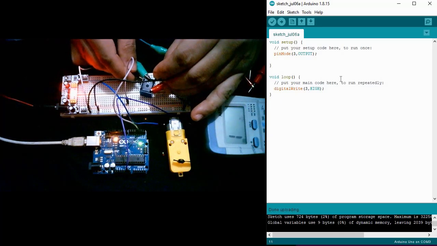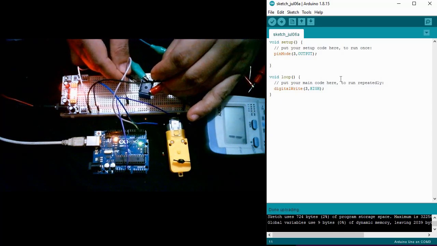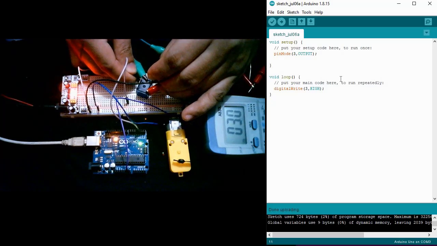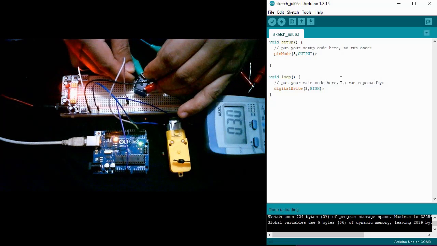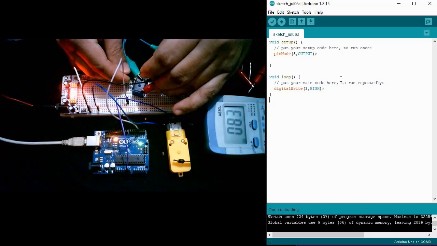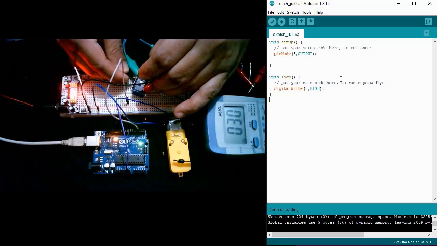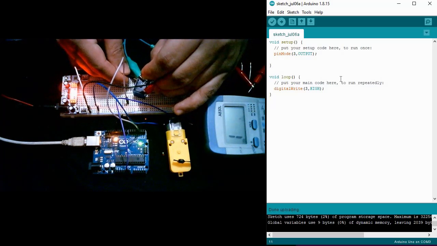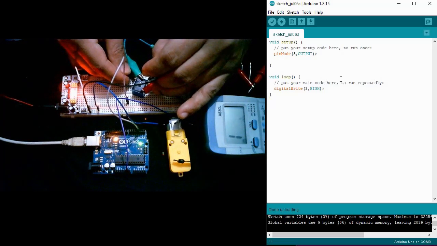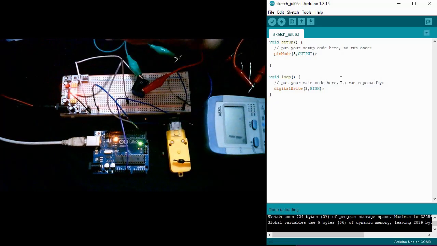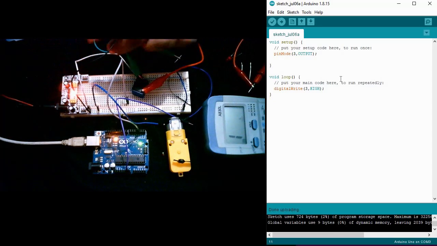You can hear the clicking sound. Actually, I don't know if that's audible. So once this type of relay is energized, it will shift from one position, which is the normally closed, to the normally open position. Okay, so be sure that you use the proper voltage for your